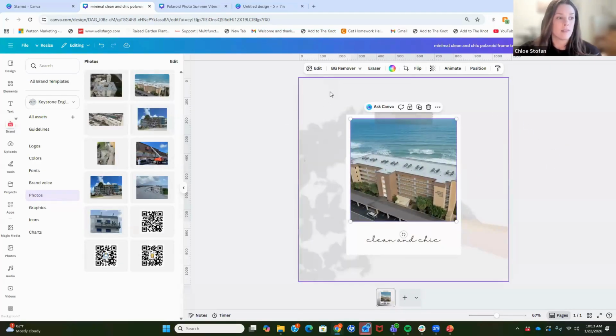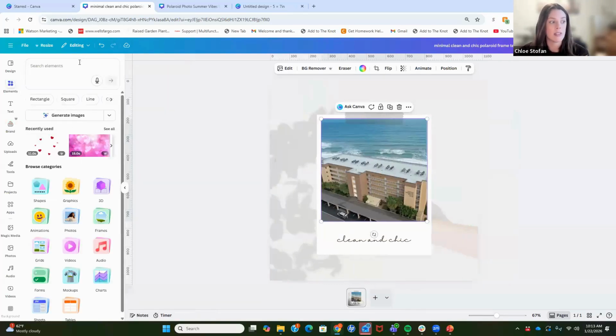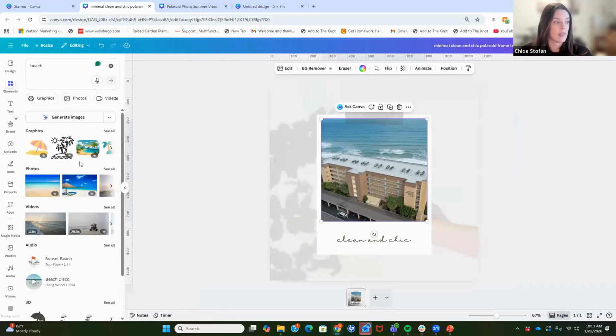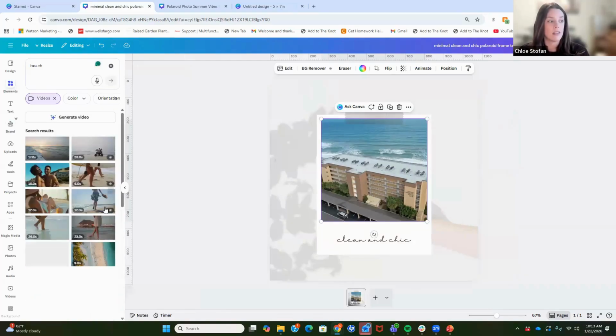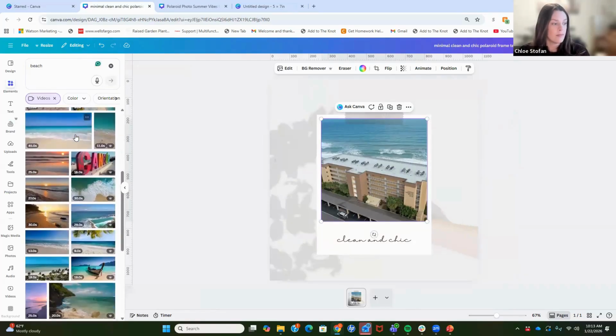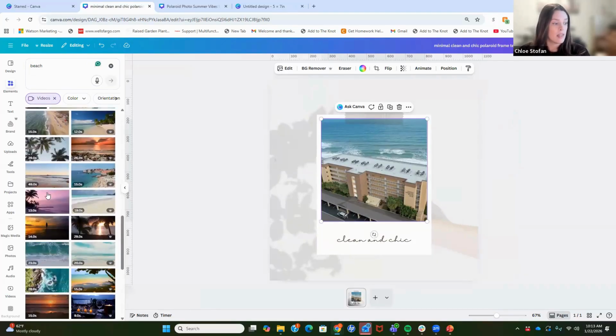And then we want something for back here. So I'm going to go to elements. I want to stick with the beach theme. So we've got beach and elements. And I'm going to go to videos. I want to add a little dimension. I'm going to scroll through, see if I see anything I like. And here you can see those little